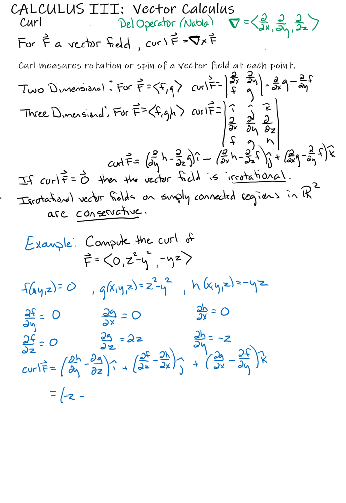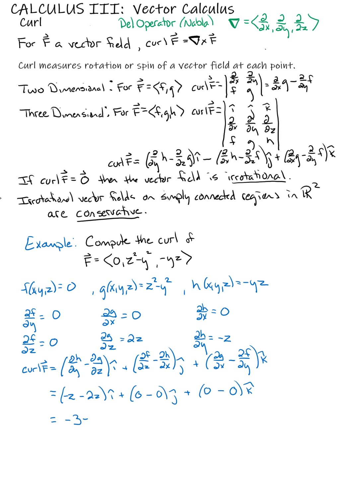Negative z minus 2z for the i component plus 0 minus 0 for the j component plus, again, 0 minus 0 for the k component, which gives us